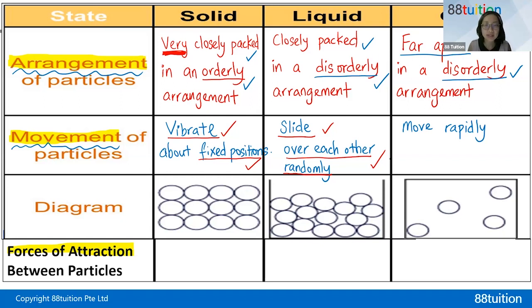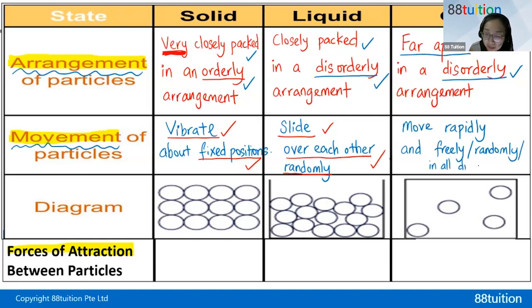Do they move fast and all move upwards? Does that mean all the particles in a gas move very fast and they all move upward, like rushing up towards the sky? Do they just move in one direction? Randomly, good. So they move rapidly, and either you write freely or you write randomly, because randomly means no pattern, any old how. Randomly means any old how, no fixed pattern. Or some people will say in all directions. So you take your pick.